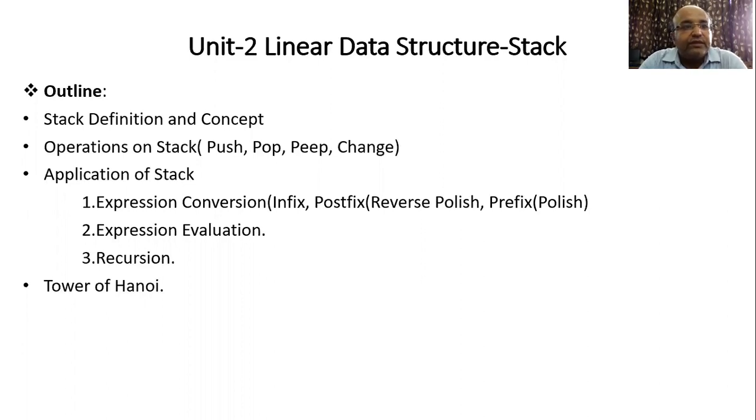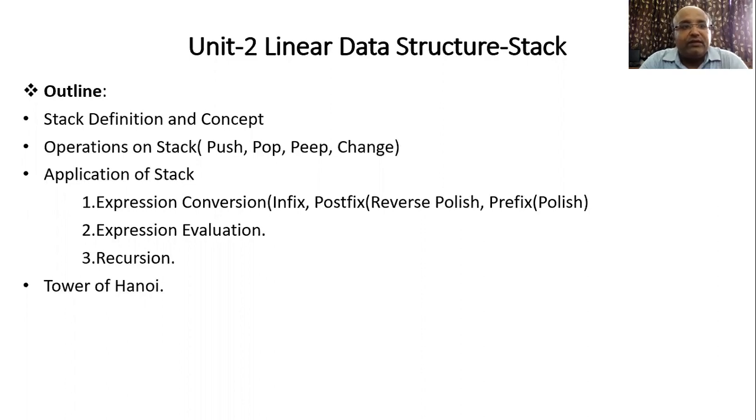Okay. So first, this is the outline of this chapter, which indicates the topics which we are going to cover throughout this chapter. First, you have to understand the definition of stack and the concept. Okay, what exactly the stack is.